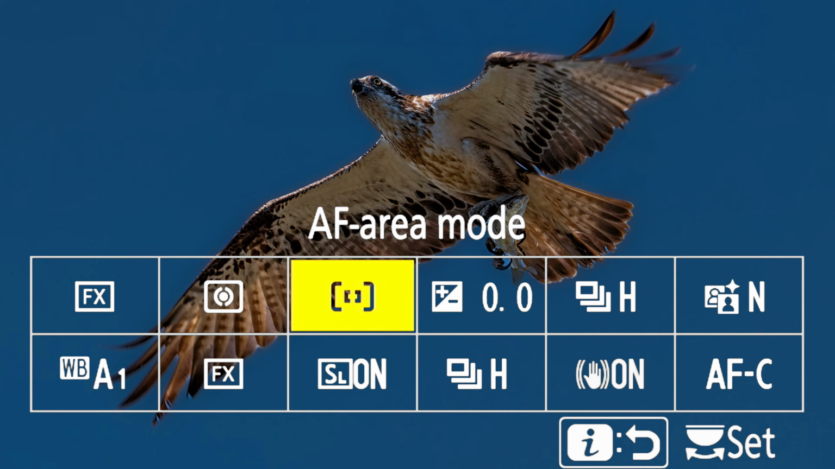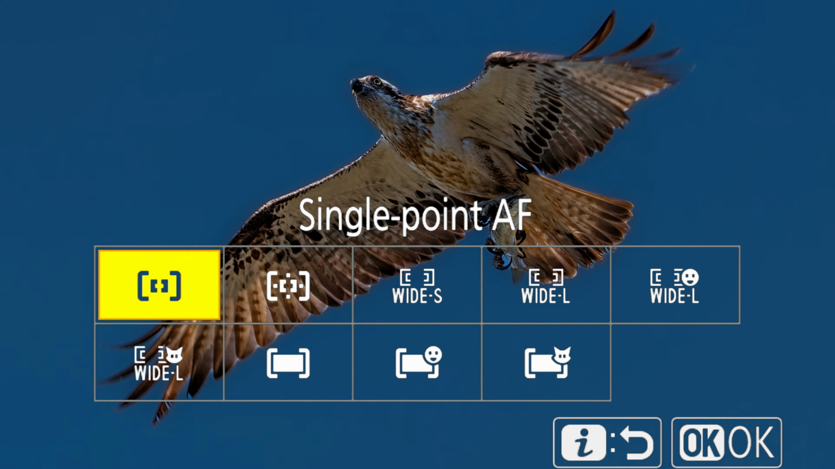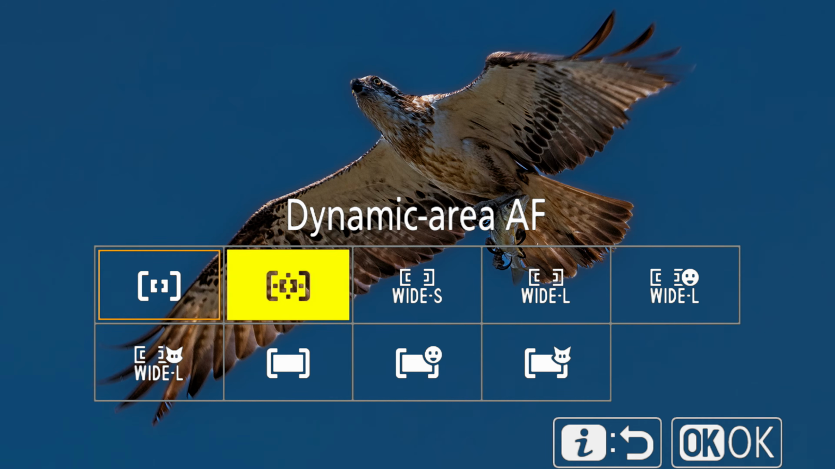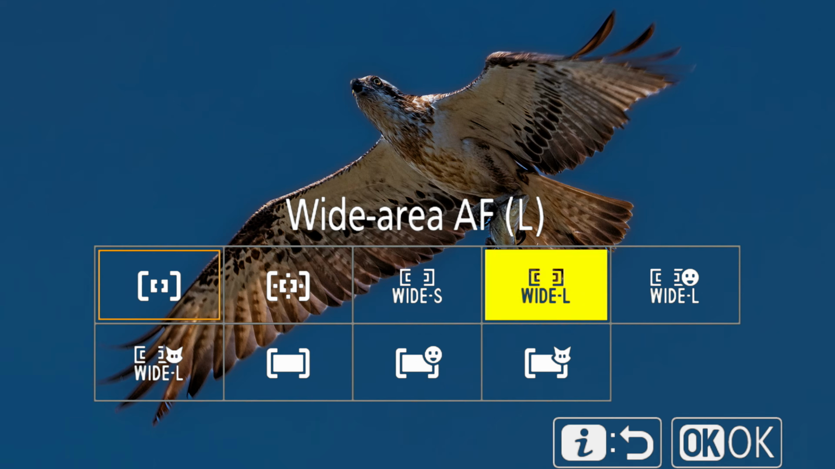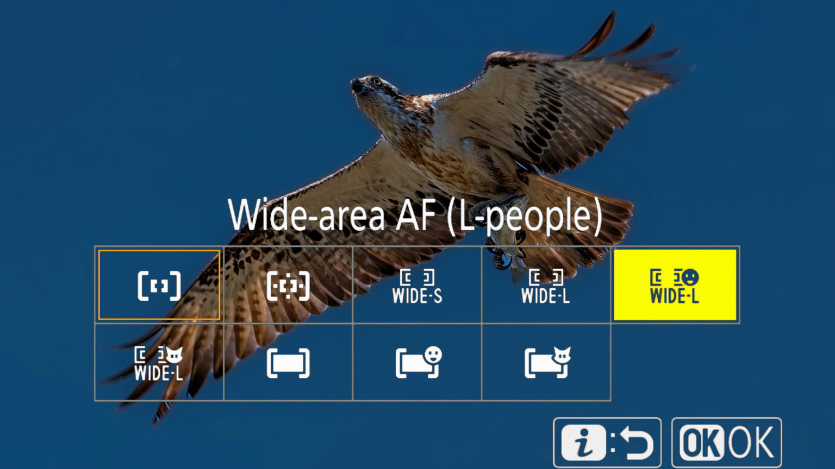So this is what I see in the I menu in my Nikon Z6II. Everything in today's video is in reference to the Z6II. I will show you which autofocus mode you should use and which you should not use. When we're in the I menu, we press OK, and our next screen shows us the 9 autofocus modes that we can choose. We have single point, dynamic area AF, wide area AF small, wide area AF large,